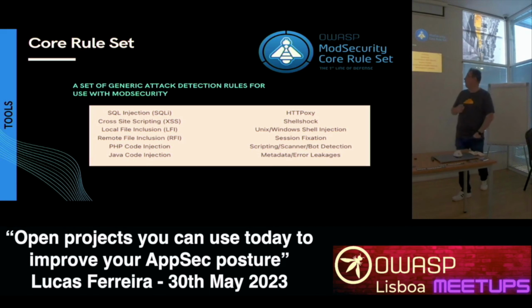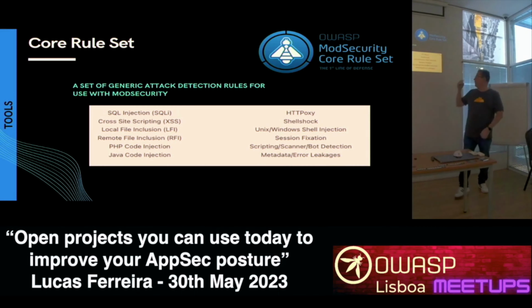Okay, that's the last one, I hope. So core rule set. So the OWASP ModSecurity core rule set. So for those that don't know, ModSecurity is a module for Apache, the web server, that allows you to basically create a web application firewall. So you can install Apache, install ModSecurity on top of it, and you have kind of a web application firewall. The problem is, the web application firewall does nothing if you don't configure rules on top of it, just like any firewall. And configuring rules for web applications is a bit more complex than configuring rules for a traditional